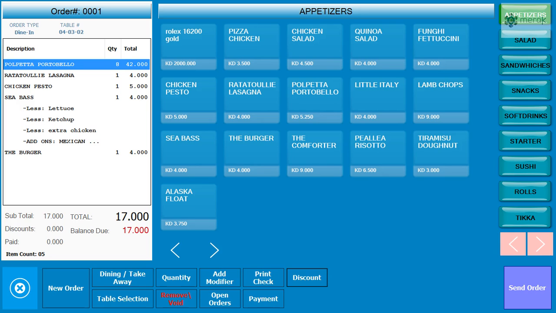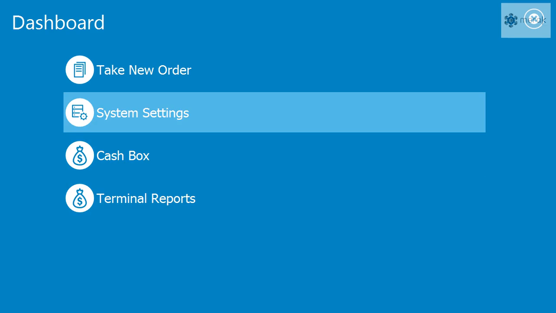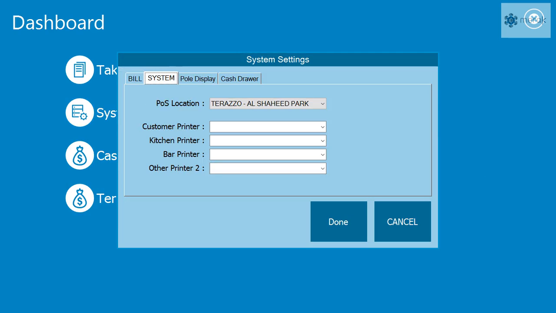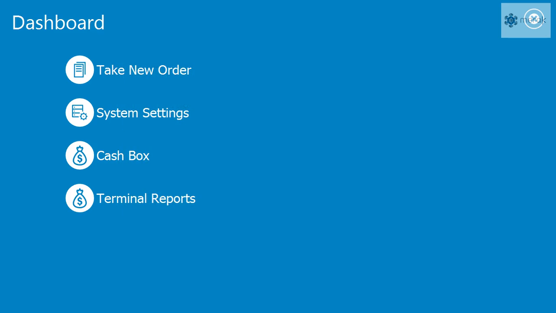Now as we exit, you can see the system settings. We can easily assign which printers you want to send the tickets to. For example, if you have 10 printers, 5 going to the kitchen, 5 going to the drinks area where cocktails, 7 Up, Pepsi, multiple drinks are there, each printer can be assigned to each station. So this works to a very good level, and exactly what is required to go to the right place is delivered.